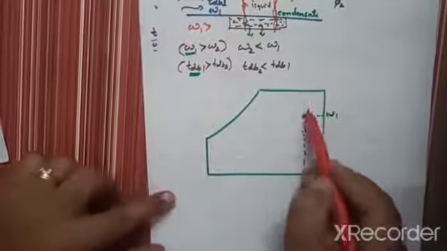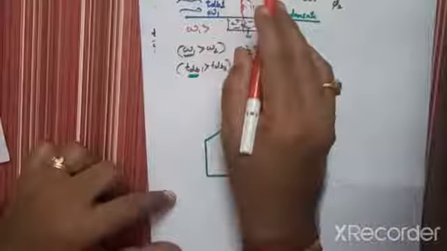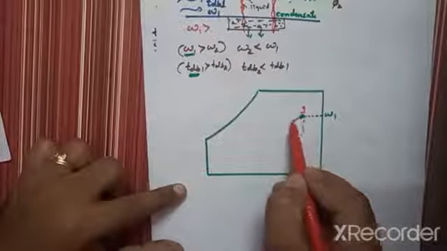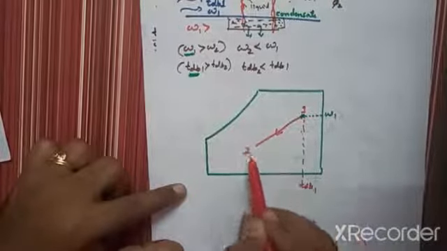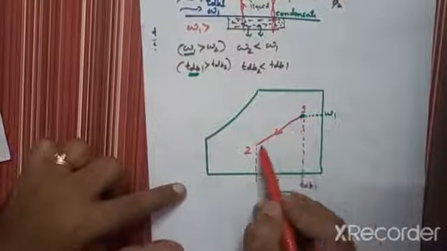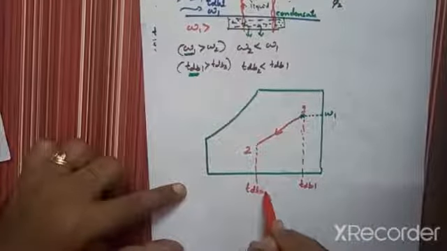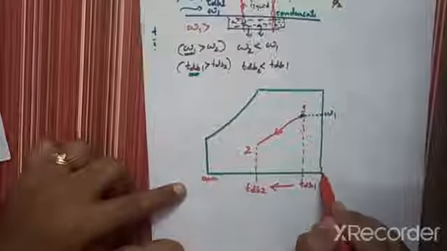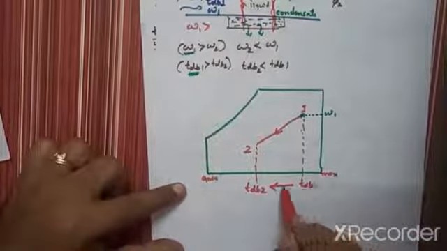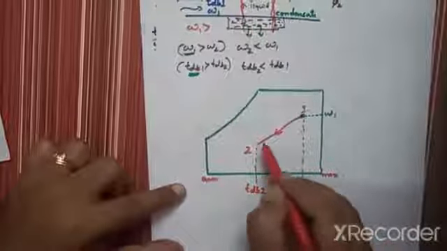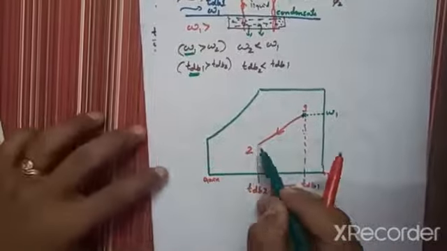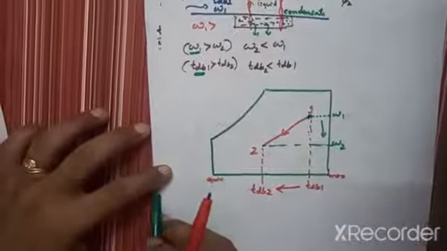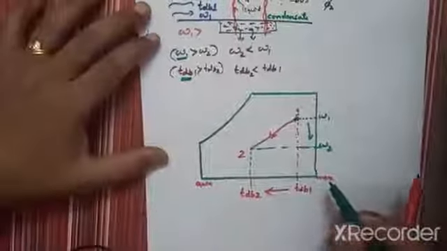Now the process starts from point number 1 to point number 2, that is cooling and dehumidification. So this cooling and dehumidification process will be represented by an inclined line. So 1 to 2 cooling is there, that is dry bulb temperature at point number 2, that is cooling. This is the minimum value and here is the maximum value. Here the temperature is more, the cooling takes place, temperature is less here, and here the omega value initially is high, it is decreasing to a lower value. So this is the representation of the cooling and dehumidification process in the psychrometric chart.